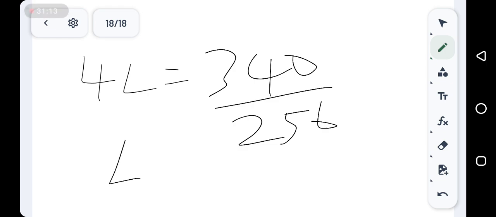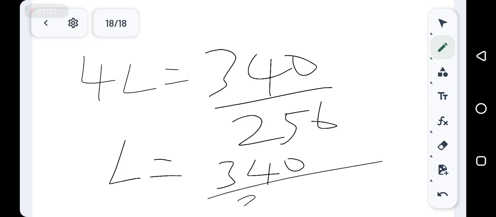Now L is equal to 340 divided by 256 multiplied by 4. When we simplify this, whatever it gives us is the value of L. Whatever it gives us is the length of the pipe. So that is how to calculate the length of a closed pipe if we are given the frequency and the